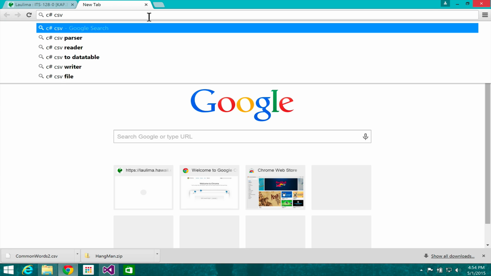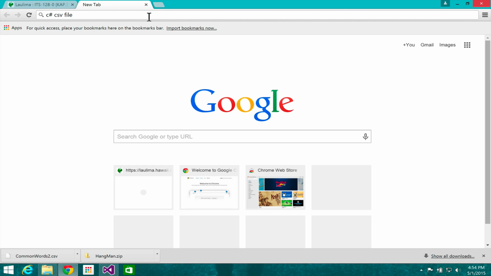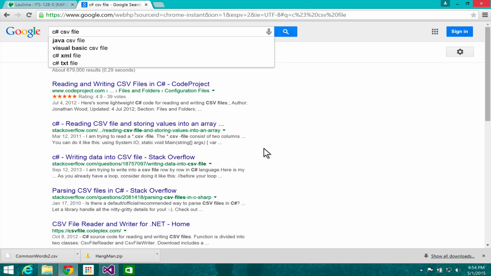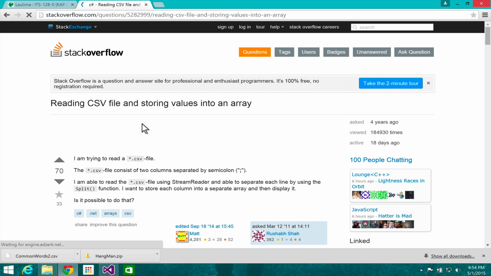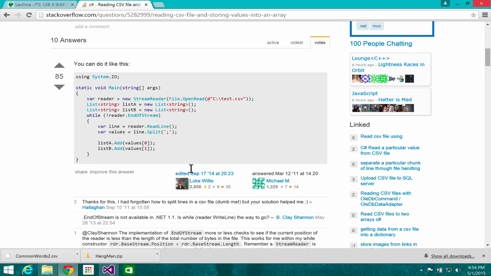Read CSV file C#. So you want to work on your Google Foo. Oh, I got C# twice. Let's see. Storing into array. That sounds very good, right? Sounds about right. So now, if you're doing a homework assignment or something, you don't want to steal someone's homework